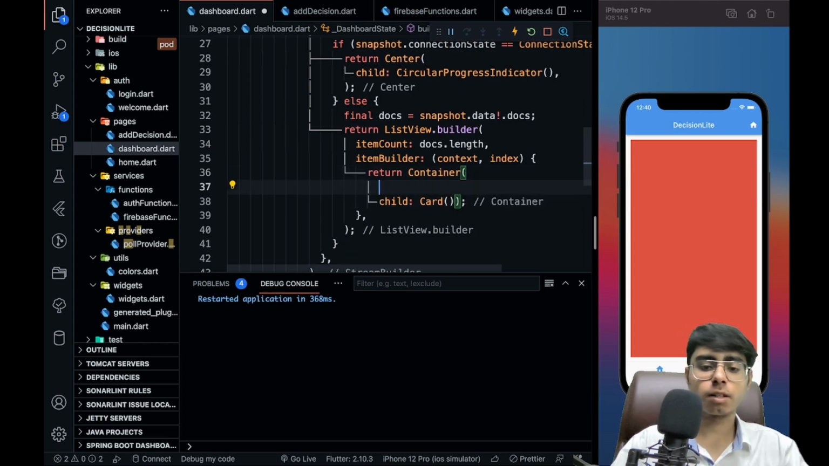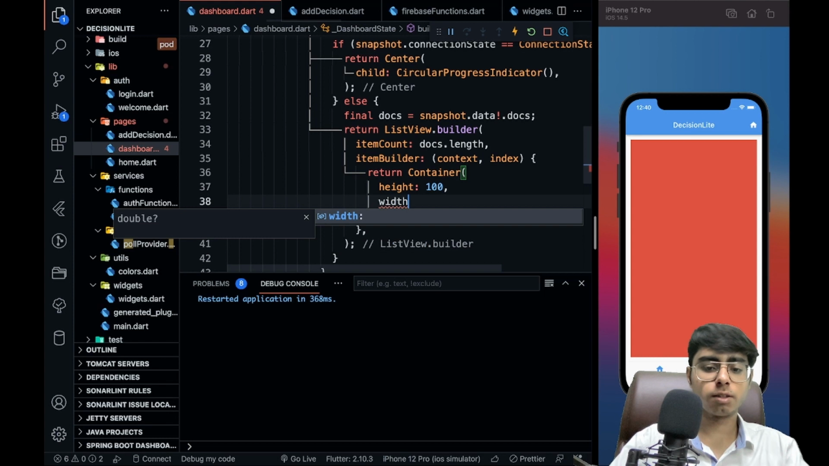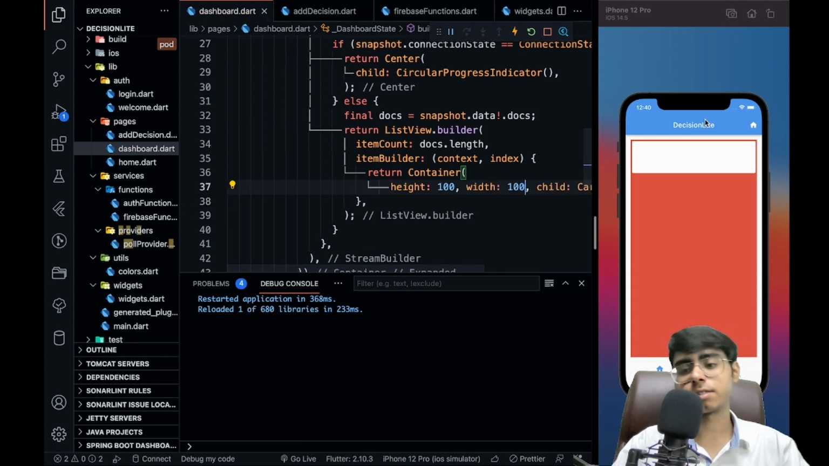Let's try to give the container a height of, let's say, 100, and a width of 100. Now let's see. Yes, we are getting it. That means it was loading, but we did not give the dimension. That's why it was not visible. Okay, so now it is time for the last part of this video, that is to design this